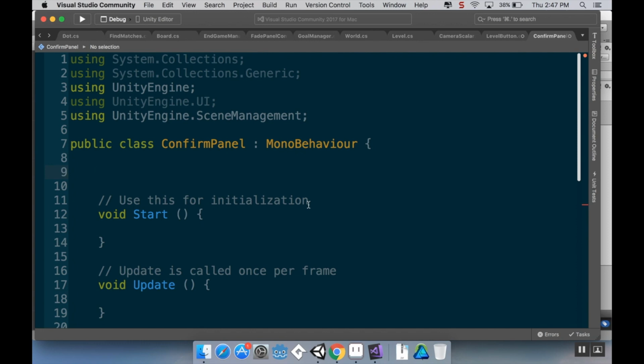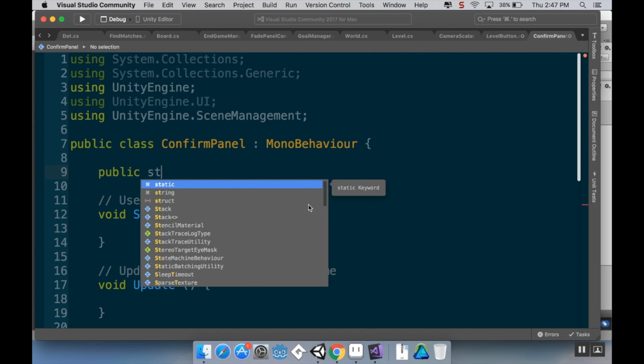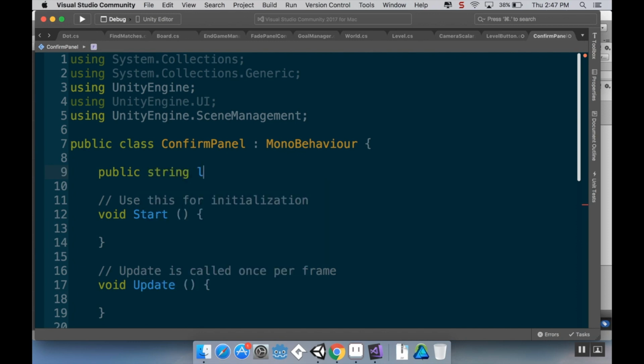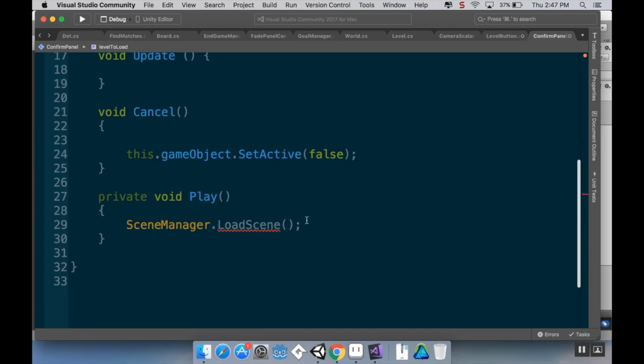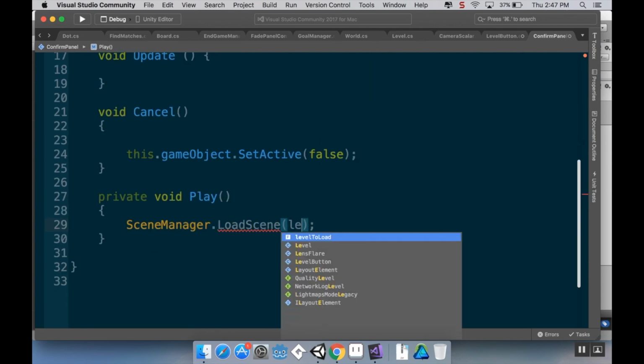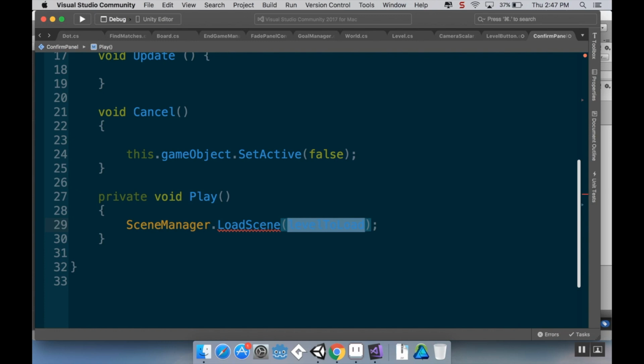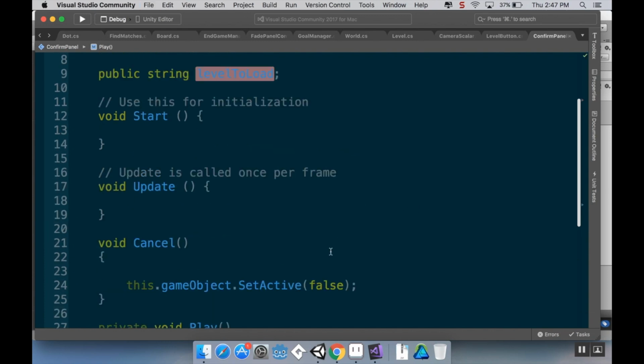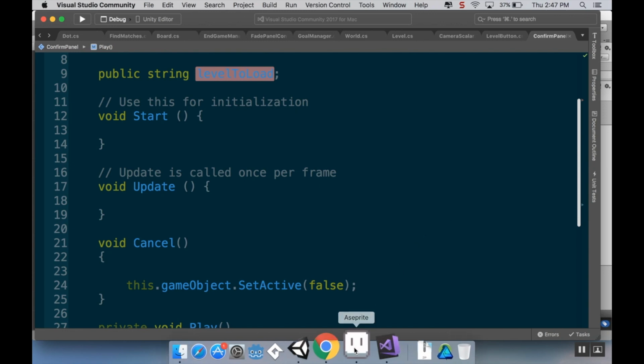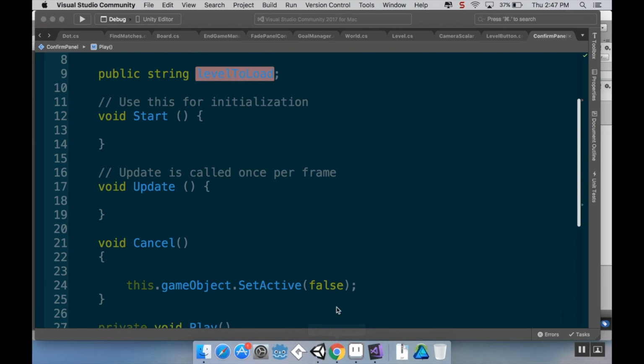So instead, up here in my global variables, I'm going to make a public string, and I'm going to call this levelToLoad. And then the levelToLoad value is what I'm going to pass into here. And that way I can set the level to load in the editor. Alright, cool. So I've set up a few different things here. Now let's go back to Unity,